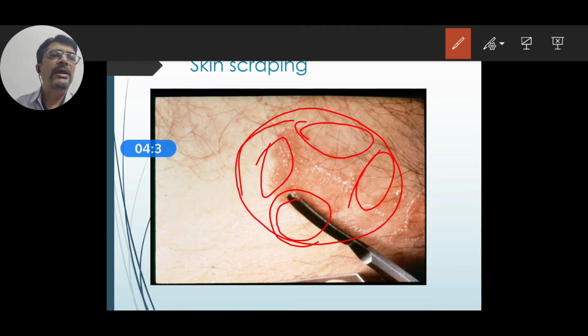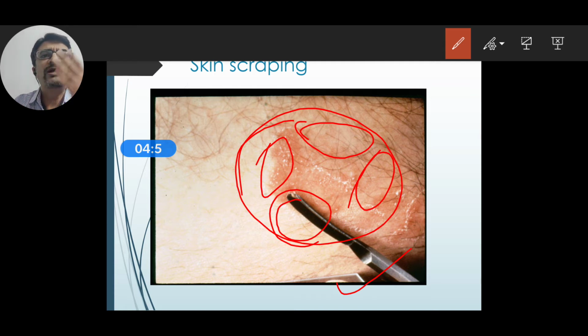So with a sterile blade, this is the blade, you have to rub it on the skin firmly, but care should be taken that the patient should not bleed. So you should be working horizontally, not vertically.